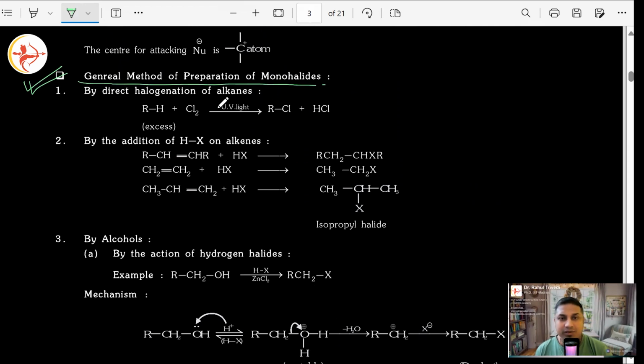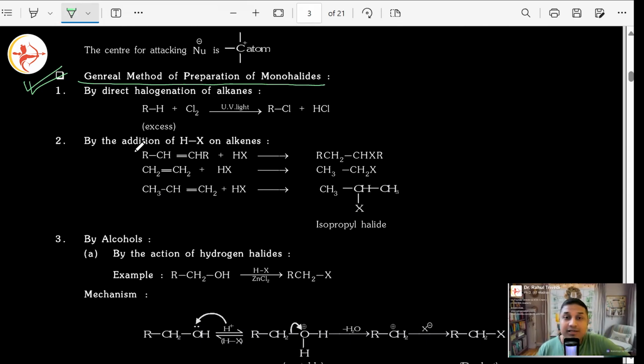How do we actually prepare, first of all, monohalides? We can start from alkanes, one of the most basic reactions. What is the mechanism here? Free radical substitution reactions. Alkanes are paraffinous, that means less affinity towards reactions. No simple nucleophiles or electrophiles can break C-C bonds or C-H bonds.